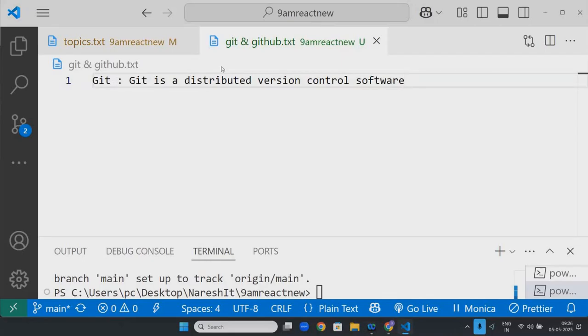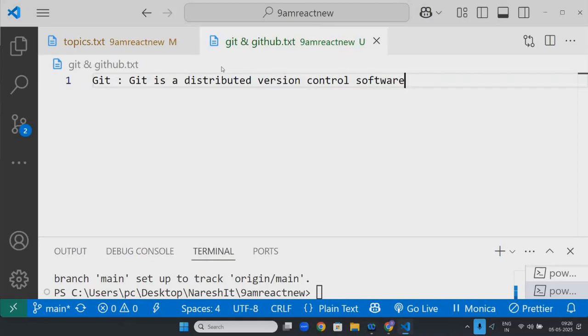It will store every commit as some kind of version. Basically, Git is one software which will store or track all your code and save it into the local repository.